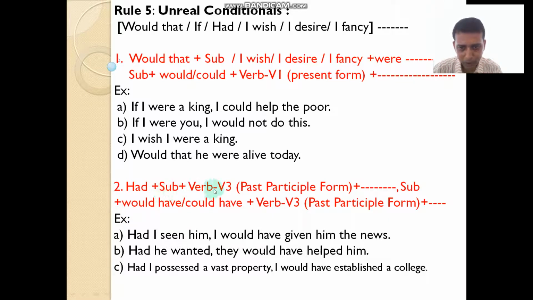Had plus subject plus verb B3, and then the other part, comma, subject plus would have or could have plus V3. Okay, had I seen him, I would have given him the news. Had he wanted, they would have helped him. After would have, we have used here the B3 form. And had I possessed a vast property, I would have established a college. Okay, under the heading of unreal conditionals, you are getting two structures, first one and second one,